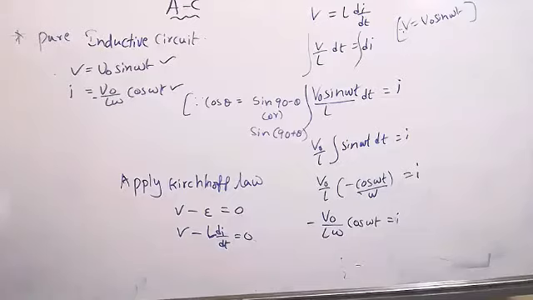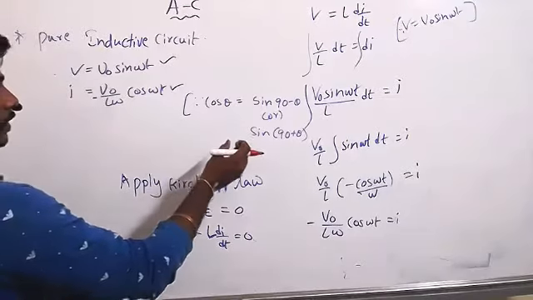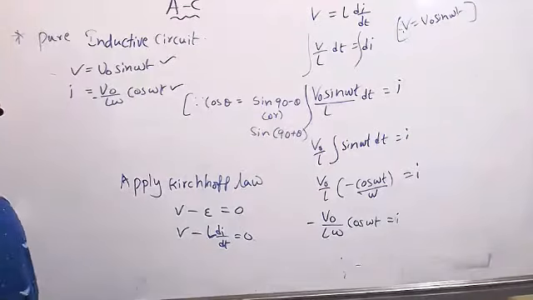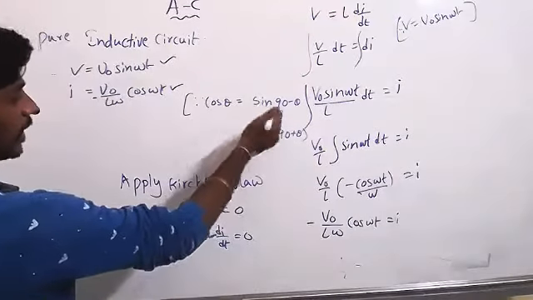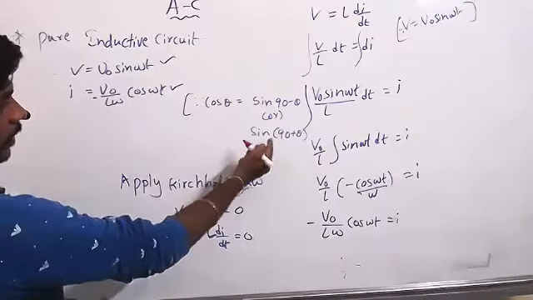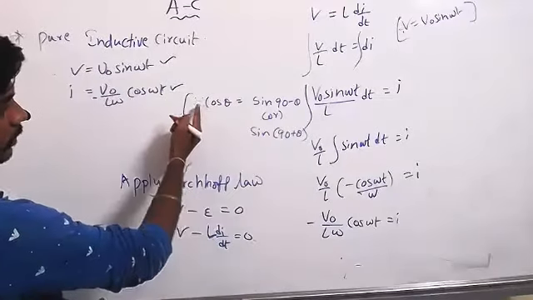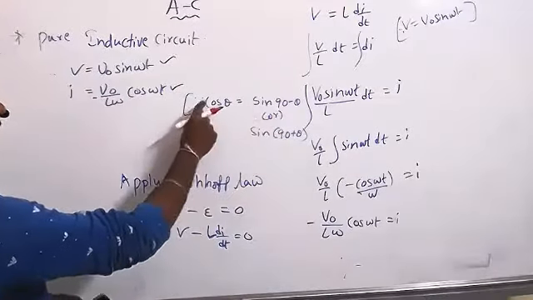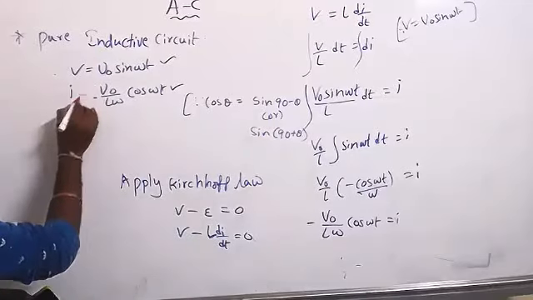Yes, sir. We can write 90 minus theta, sir, not plus theta. Plus theta will give minus cos theta then. That's why either we can write sine 90 plus theta, or if you put sine 90 minus theta we can write, but the sign will change, right? Here already negative is there.